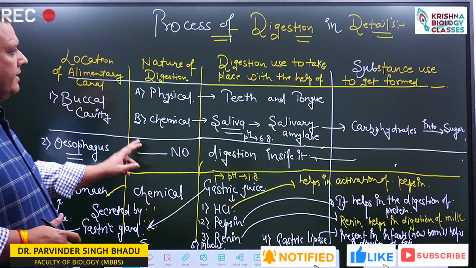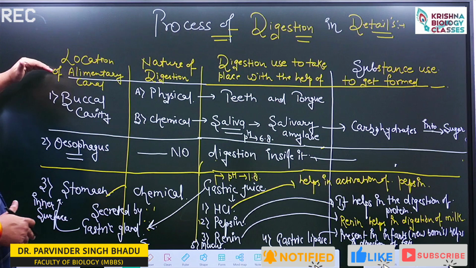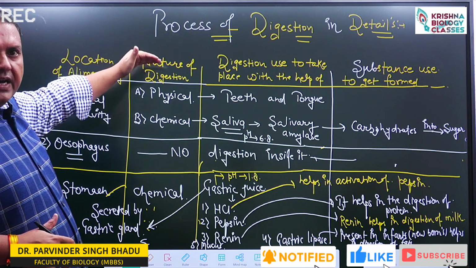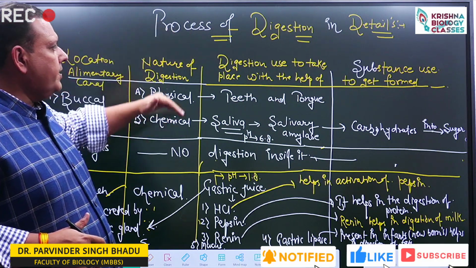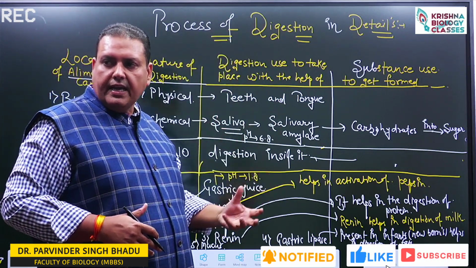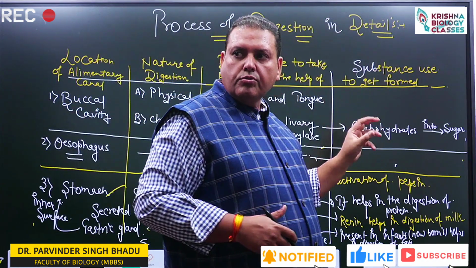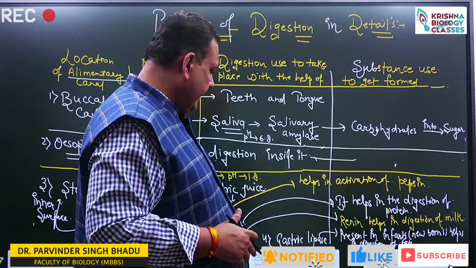Now, how to remember the digestion? We need to remember the location, the nature of digestion, whether it is physical or chemical. This digestion takes place with the help of, किसकी help से हो रहा है, and then what type of substance gets formed after this digestion. Now,